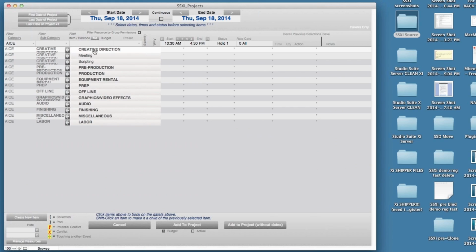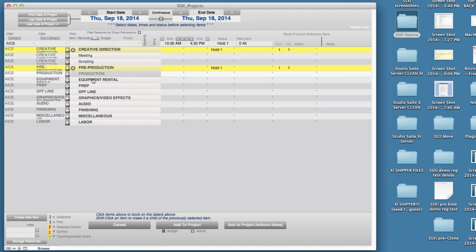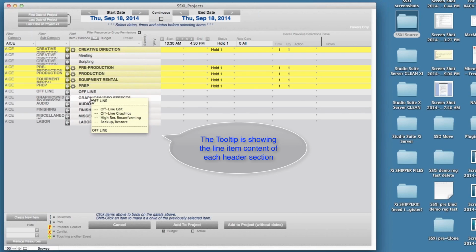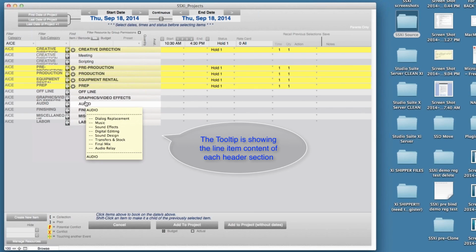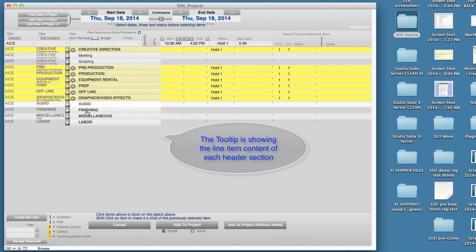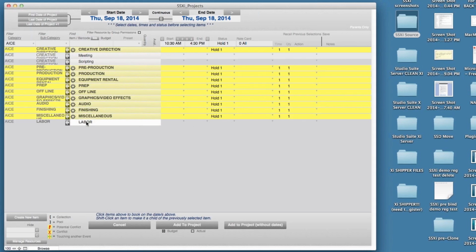What you'll see right here are all the header sections for my AICE. You can include all the sections if you need them, or you can just omit the ones that you don't need. Like if I'm not going to do offline because that's going to go out to someone else, I can just omit that right there. But for the sake of argument, I'm just going to include everything